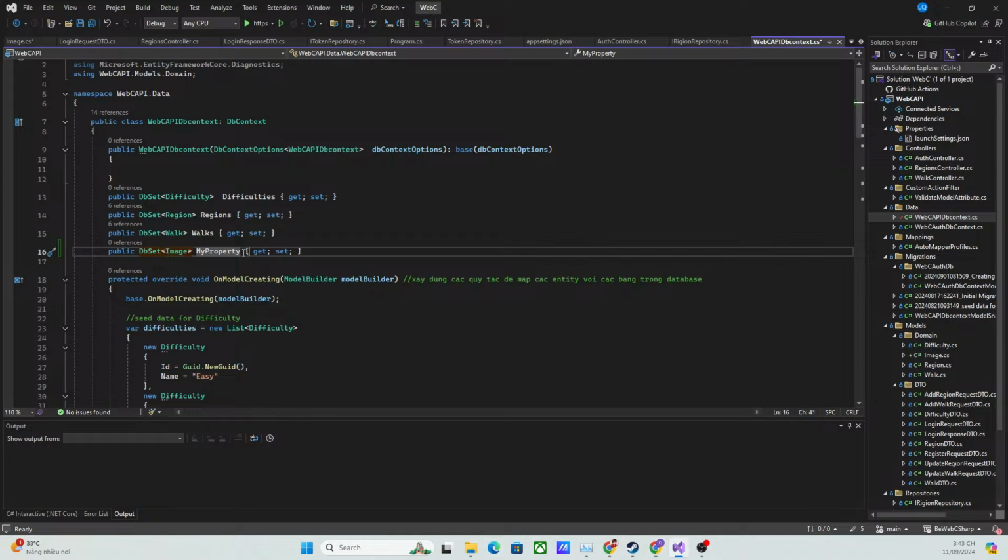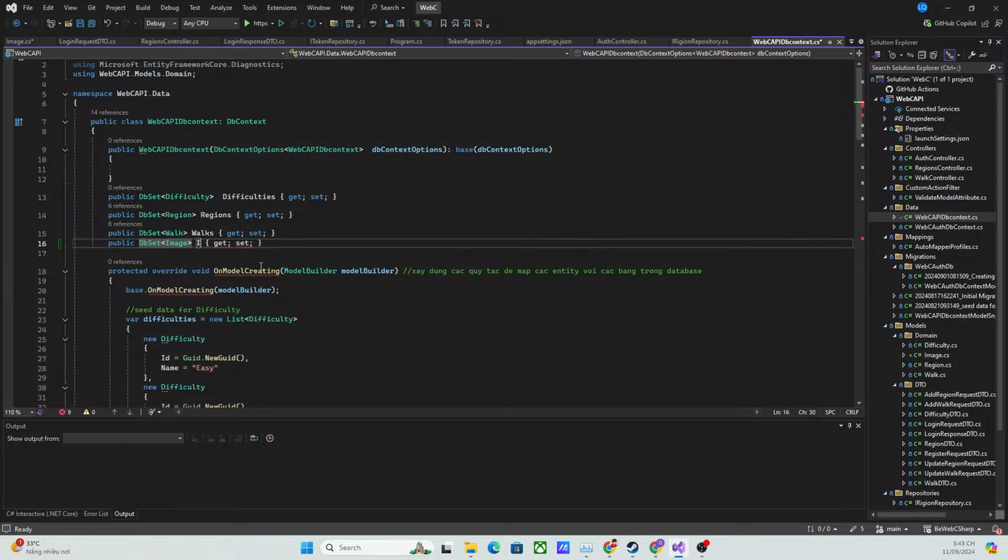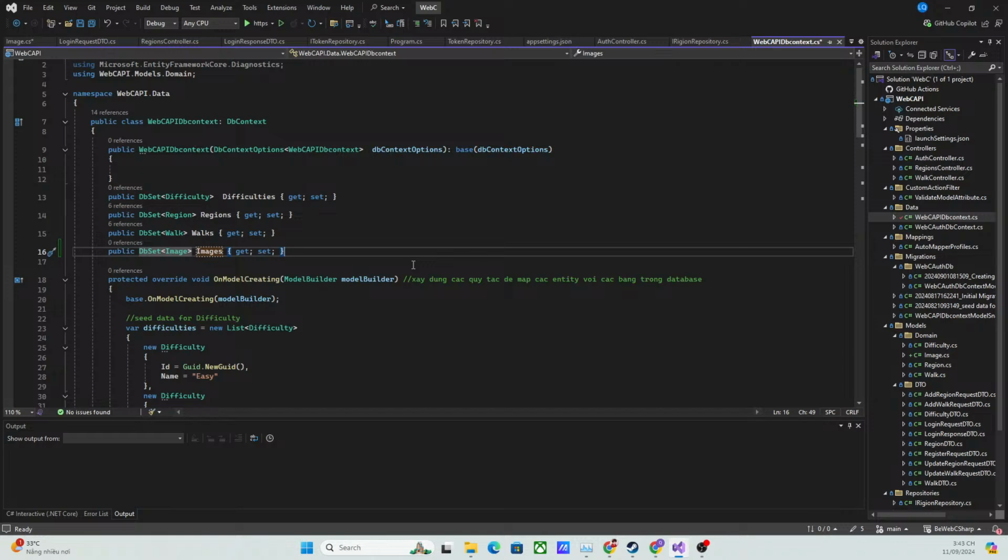We will rename this to Images. So the name of the table that gets created inside the database is Images. So now that we have made the changes to the DB context, we can now run Entity Framework Core migrations. So for that, let's open Package Manager Console. So go to Tools, NuGet Package Manager, and open Package Manager